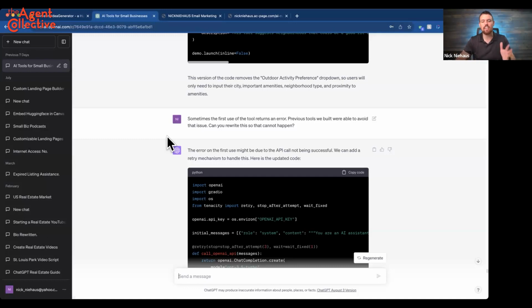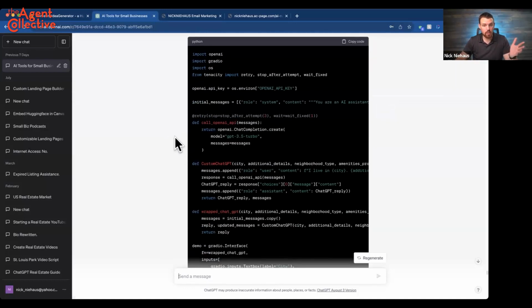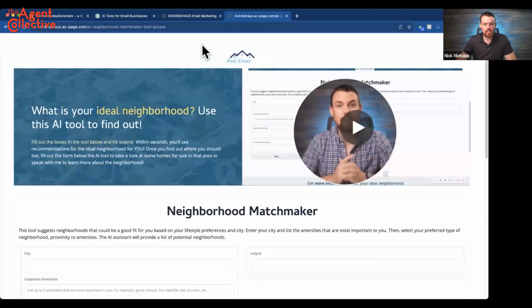So if you're looking at this and you're going, import OpenAI, what is all this stuff? I have no idea. That's okay, because ChatGPT will actually make all those decisions for you. Right. So let me show you kind of where I ended up here. So as I'm thinking this stuff through, I went, maybe there's a way for me to build my own AI tool. I noticed a few months ago, OpenAI released their API, which basically just means that us normal people and companies and really anybody who wants to give them a little bit of money can access their tool, right?